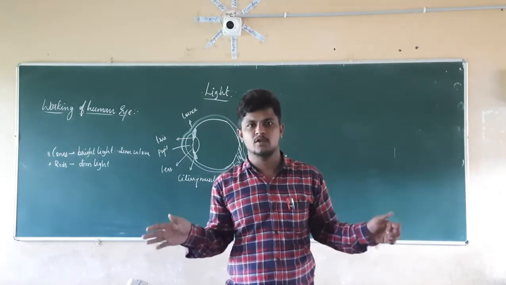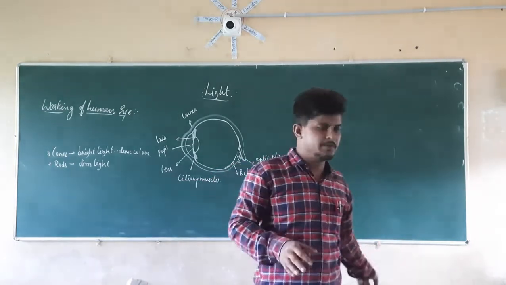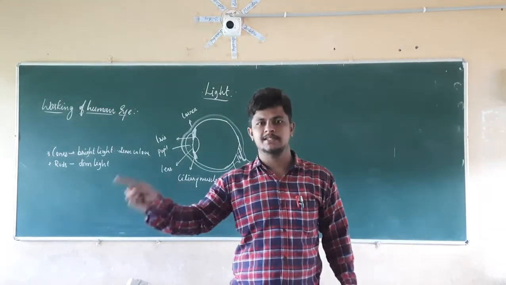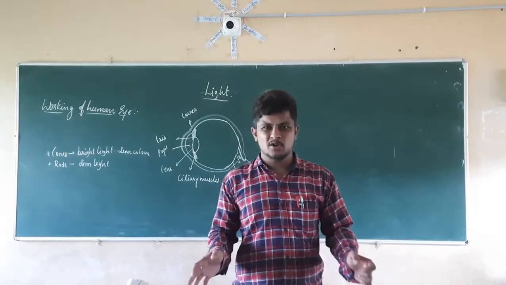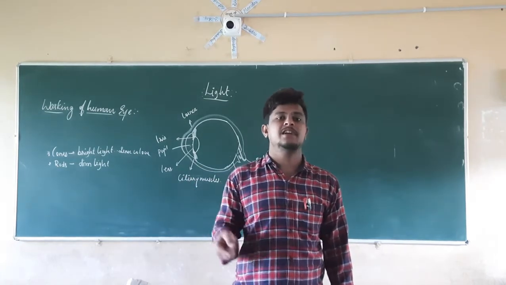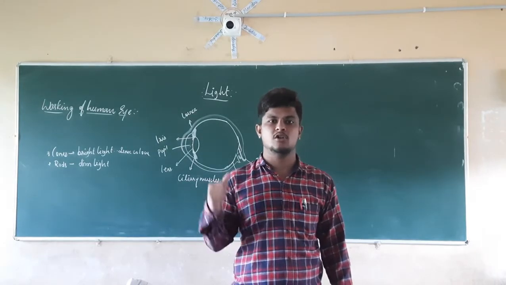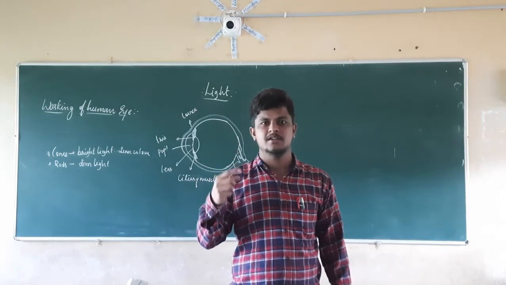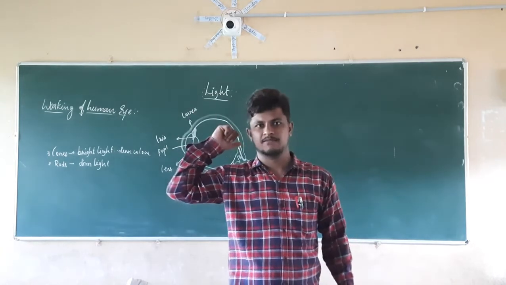Now see here, in this room, light is present everywhere. Objects are present everywhere and light is also present everywhere. On all those things, light is reflecting towards me. Now, is it possible that I am seeing all those things? No. I am seeing only those things which reflect light rays into my eyes, not the ones on my back. For that reason I am seeing the front side only, not the right side, not the left side, and not the back side at a time.